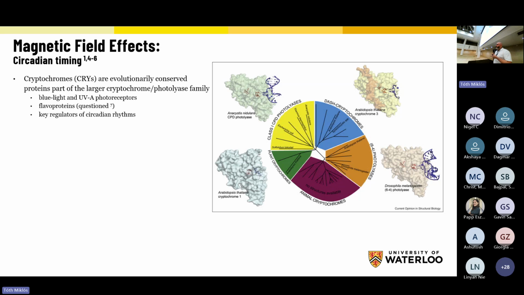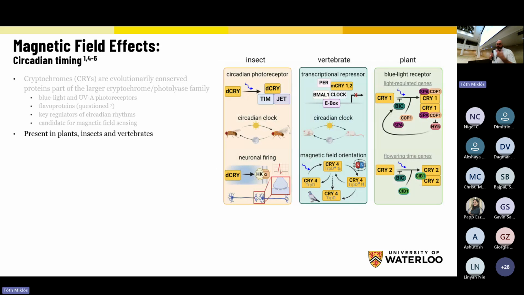It is definitely understood that cryptochromes, especially in mammalian and animal biology, help regulate your circadian rhythm. And again, as we discussed earlier, these are candidate molecules for being involved in magnetosensing. Again, these are found in all insects, vertebrates, as well as plants. And so potentially, if all cryptochromes are sensitive to magnetic fields, you could potentially affect all of these life forms with some sort of weak magnetic field effects. And I believe people are actively looking at all of these areas. So cryptochrome 4 or Cry4 is the one specifically that is implicated in bird magnetoreception in the bird's eye.